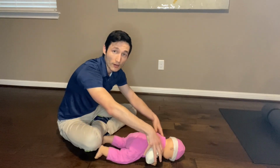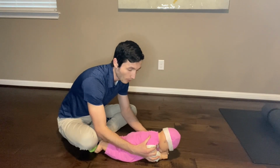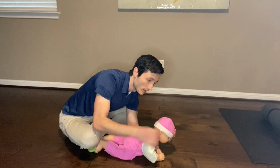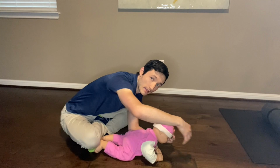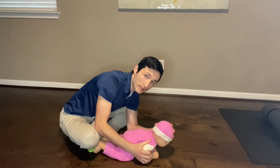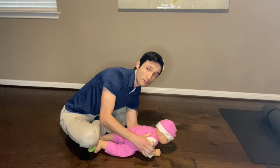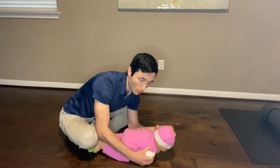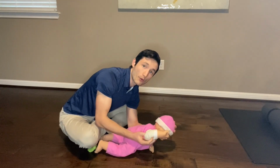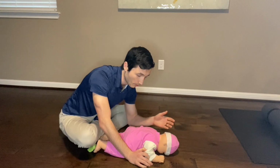And then from here, if you wanted to do any prone play activities, you can prop them up onto their forearms and their elbows, and with their head being lifted, you can have a toy in front of them and get them to start doing a rotation of their neck and head while they're in this position. Eventually, they'll start to learn that they can weight shift. More weight on left elbow, more weight on right elbow, and that will eventually progress to where they can reach for an object as well. So we're talking further down the line, progressing,